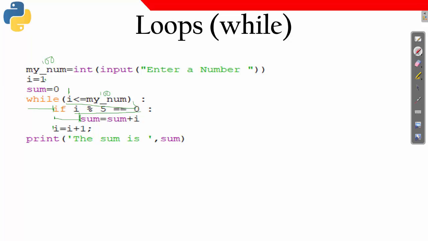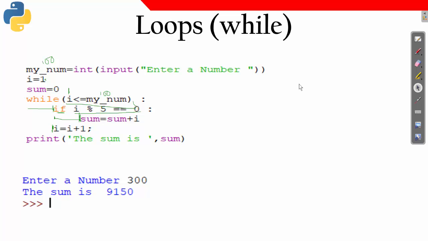But this I equal to I plus 1 statement is not a part of this if block. It is a part of the while block. And after this I am going to get the print. So if I write here 300, then for all the numbers from 1 to 300 which are divisible by 5, the sum of all those numbers is 9150.